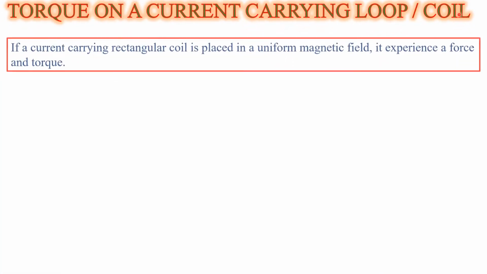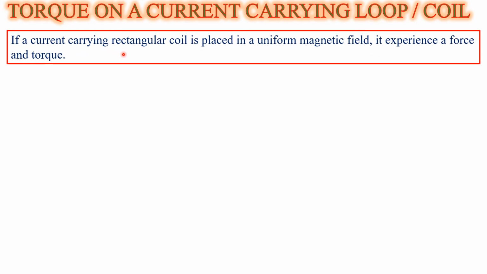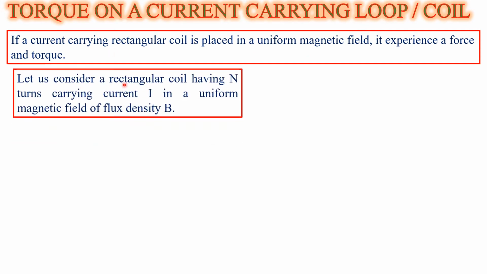Torque on a current carrying coil or loop. If a current carrying rectangular coil is placed in a uniform magnetic field, it experiences a force and torque. Let us consider a rectangular coil having n turns carrying current I in a uniform magnetic field of flux density